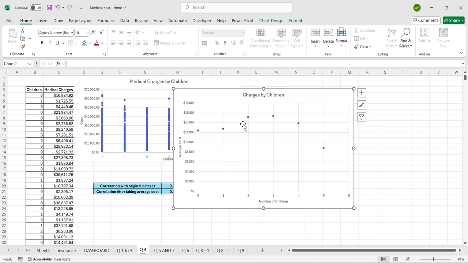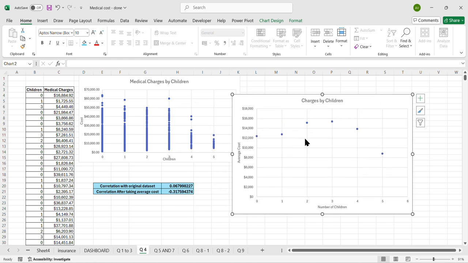So it keeps on increasing up to 2. And then for 3, it is almost the same. And then it keeps on decreasing, right? And then if I get the correlation for this value, specifically,